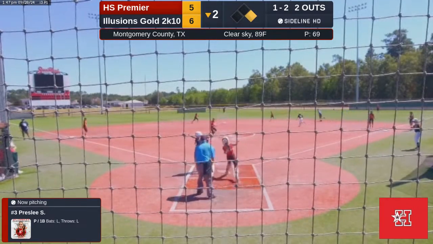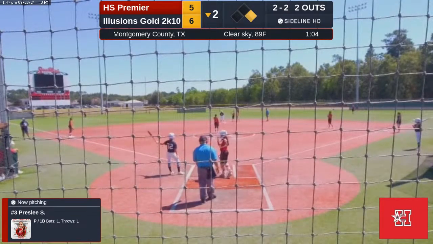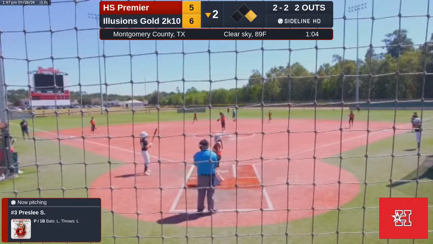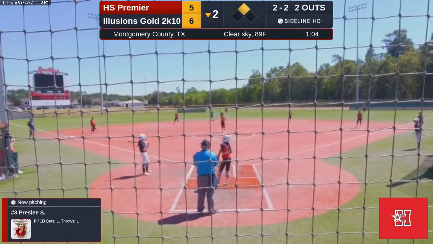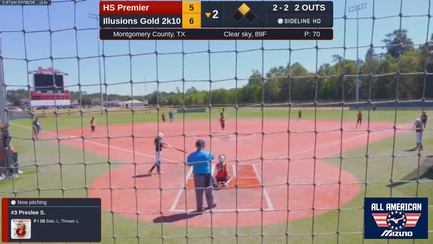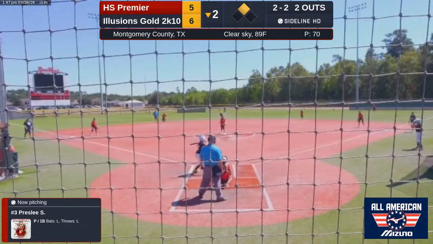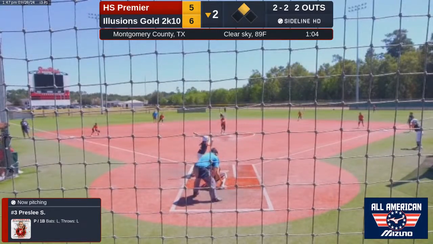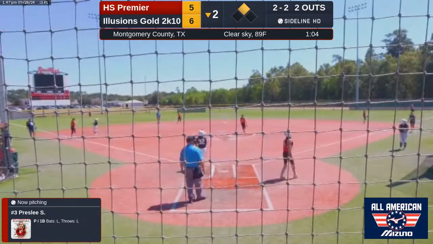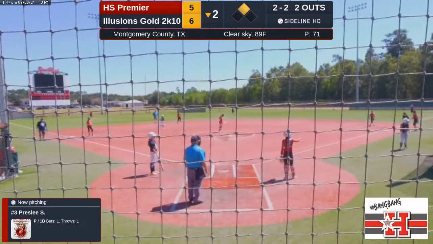Some change up that bounces. We got 2 and 2, and the runner stole second base. Fouled away to the right side. 2 and 2, they'll reset with 2 outs.